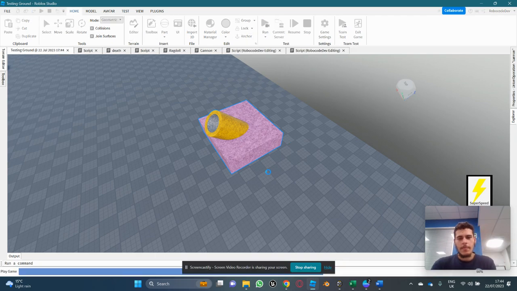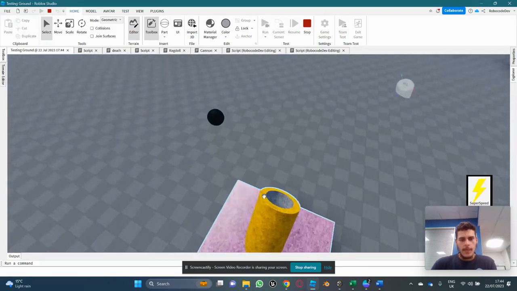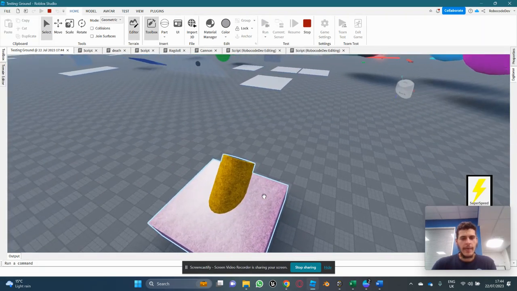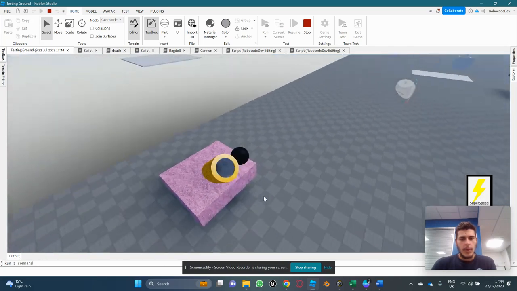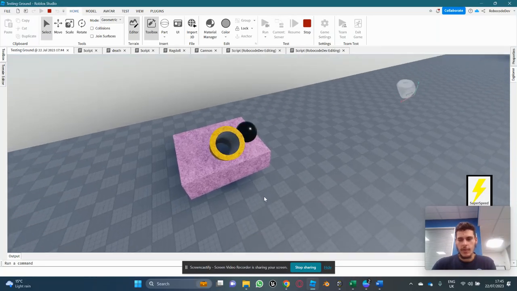Again, now if I run, as you can see, there's at least one issue with the cannon and the way the cannonball's spawning. So I'm going to go and explain how the cannonball script works now. I'll do that in a third video. Okay, so this is just adding the